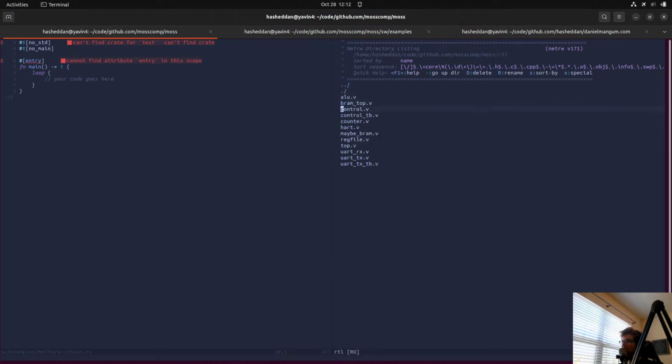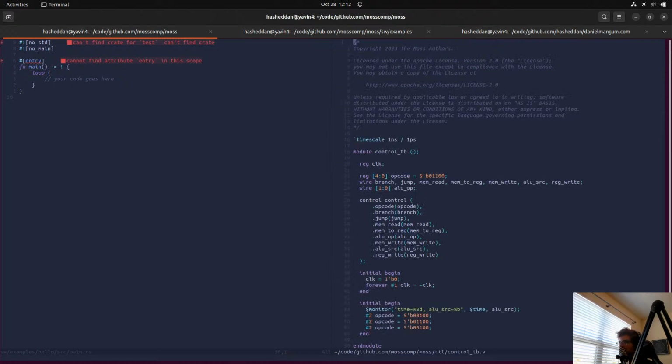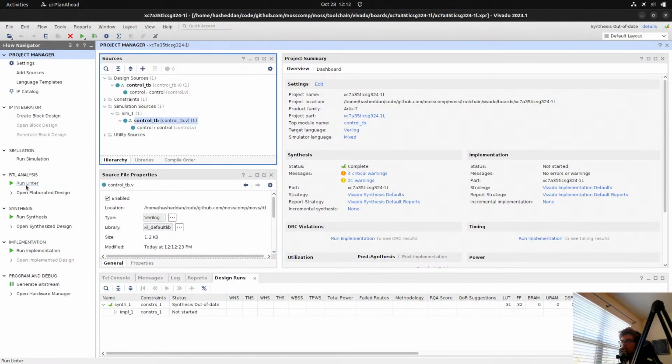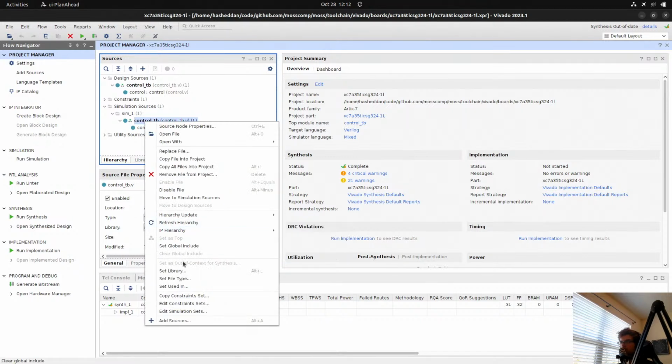That could be a factor, right? It doesn't though, is the thing. So it is the top.